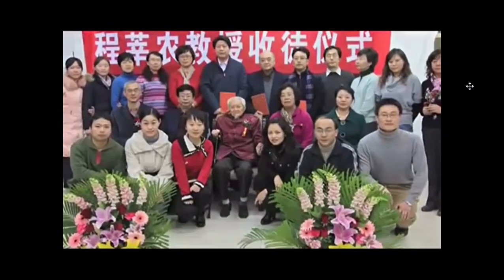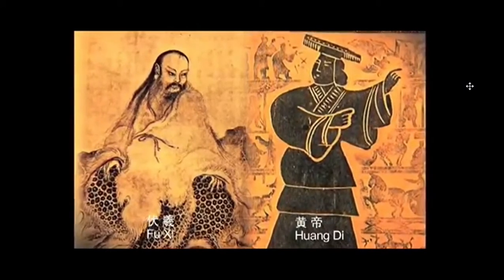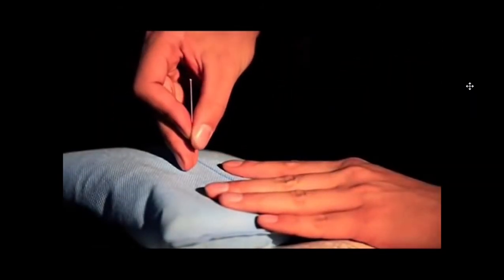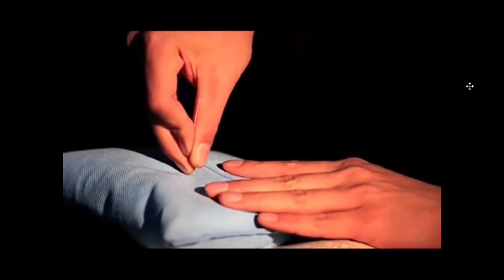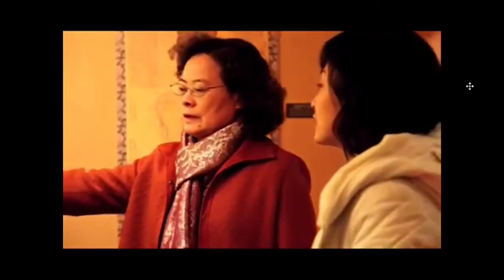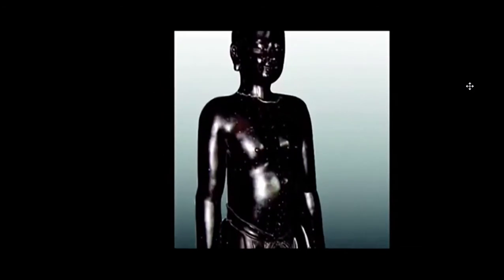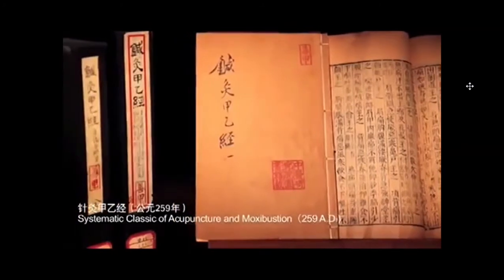These tradition bearers are identified by their reverence for the mythological figures of Huang Di and Fu Xi. To become an excellent, reputable acupuncturist requires long-term accumulation of knowledge and practical experience. The bronze figure of acupuncture points, cast in 1026 in the Song dynasty, the systematic classic of acupuncture and moxibustion, compiled in 259, and the great compendium of acupuncture and moxibustion, written in 1601, as well as other works, are